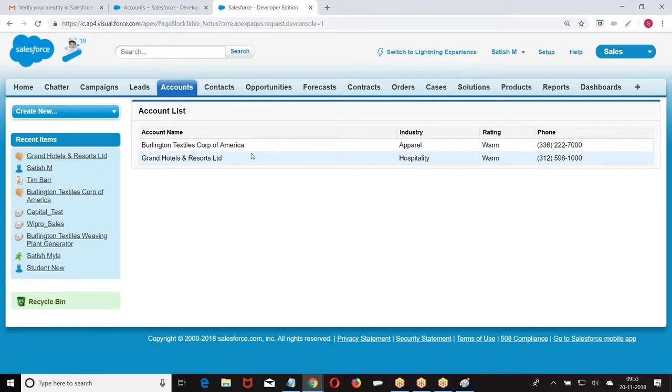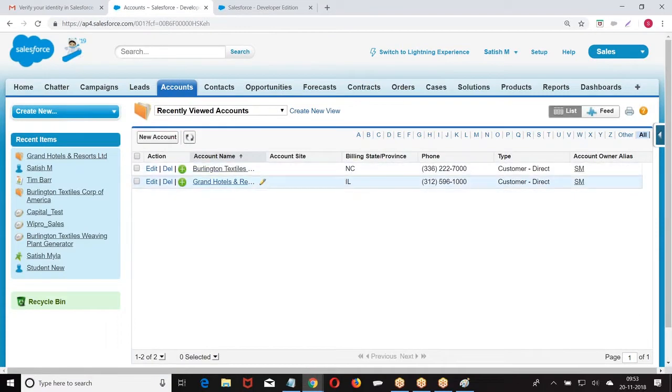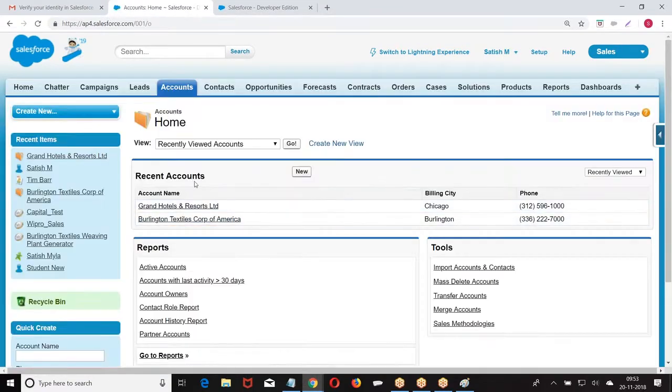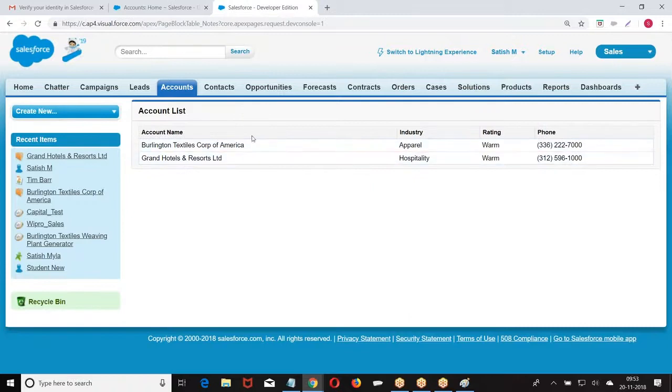Exactly the same look and feel of your Salesforce table. In Salesforce, how are the records displayed? In the same way, page block table is also displayed. Are you getting my point? Page block table will display a group of records with the same look and feel of a Salesforce table. Are you getting my point here?